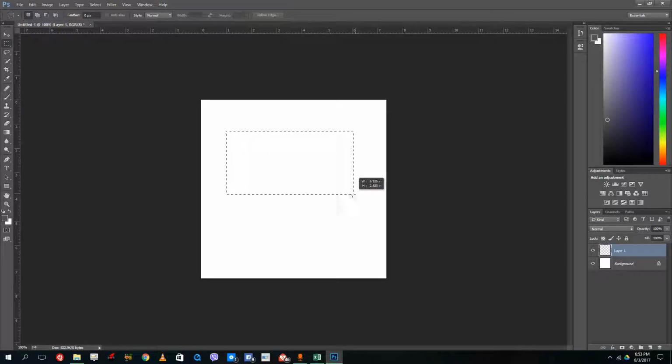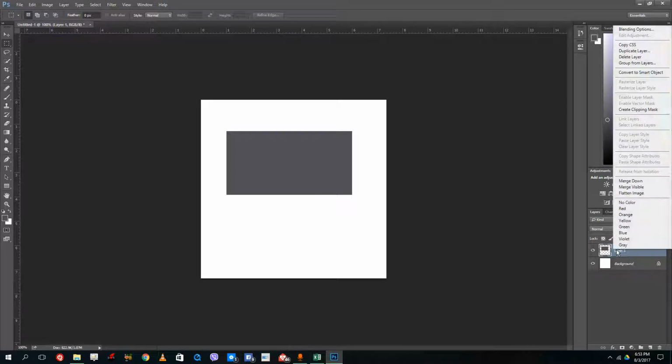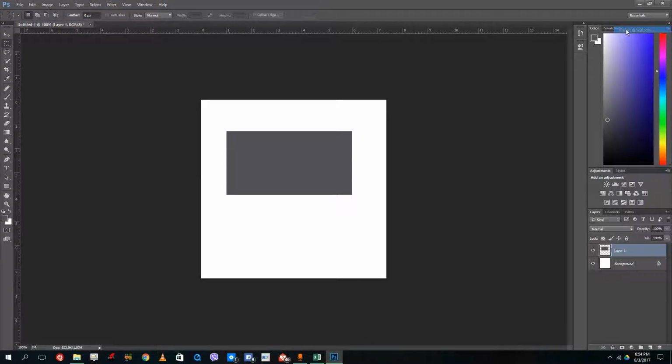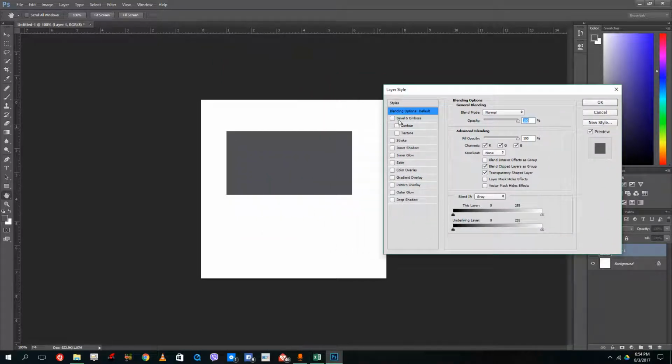So let me just drag the rectangular tool and press Alt backspace to bring out the foreground color. In order to access layer styles, simply right click on the layer that you want to add the layer styles to, and then go to blending options right here. Inside the blending options, you can see that there are a lot of layer styles that you can select from. For example, the bevel and emboss gives a 3D look to the